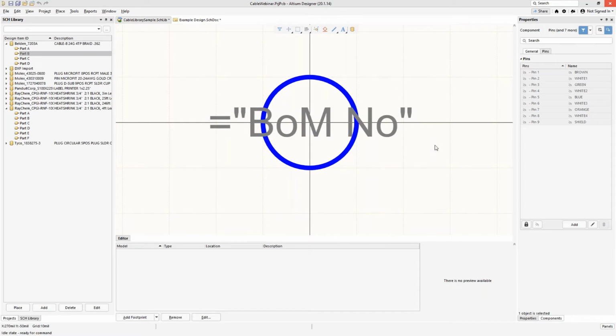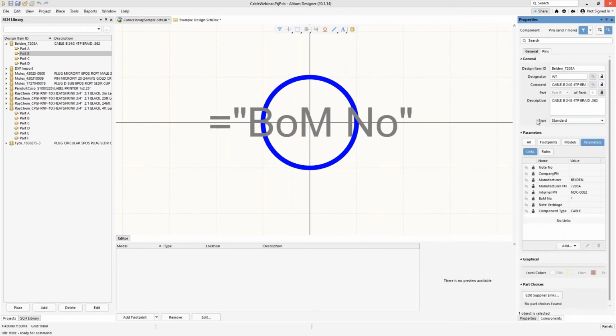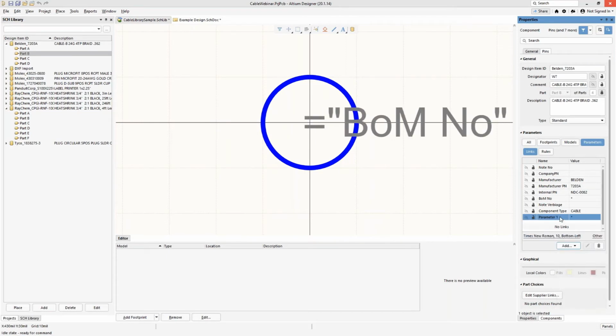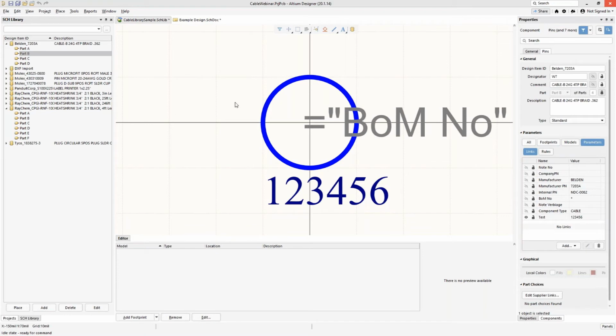So if you want them to be visible, well, they will definitely be visible. So if we click over here under General, and for example, if I create a new parameter, I'm just going to call this parameter test, and I'll give it a simple 1, 2, 3, 4, 5, 6, just so we have something to look at, but I'm going to turn it on. And if you're familiar with multi-module, or what they call the parts here in Altium's library, once you